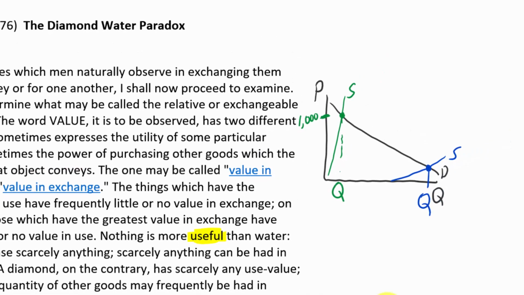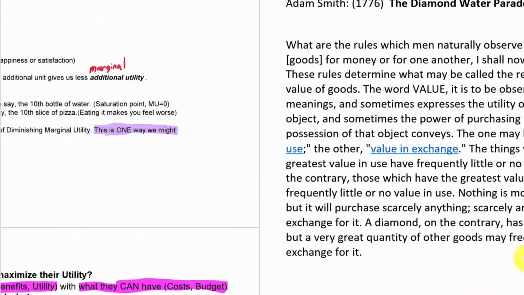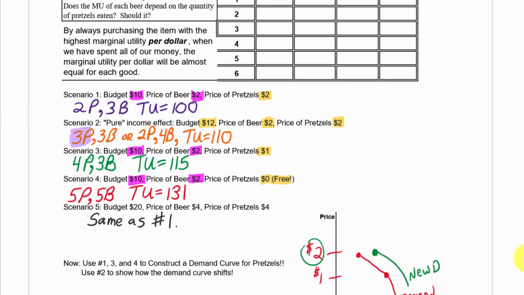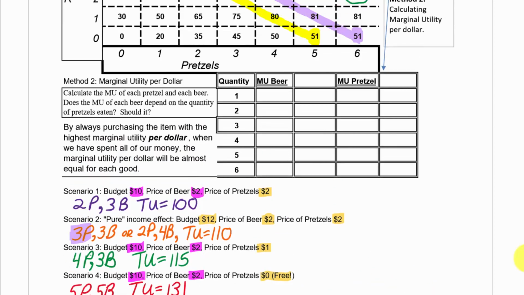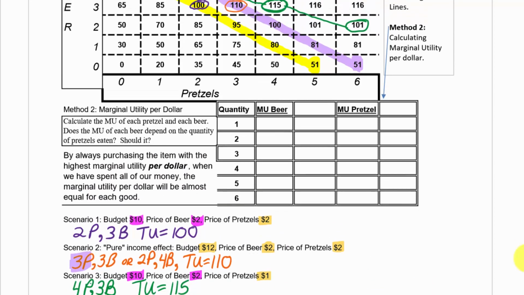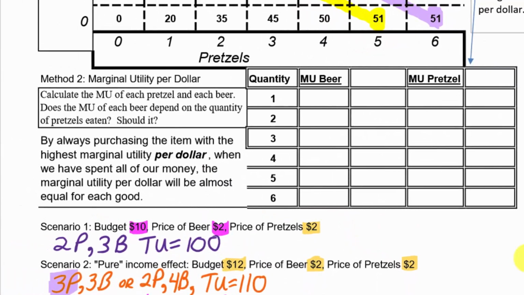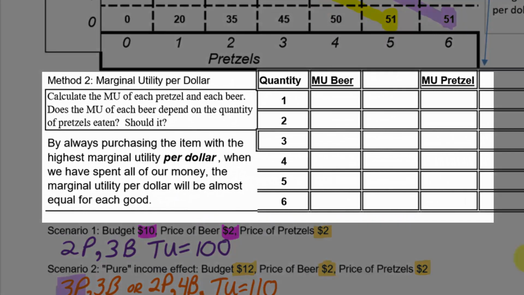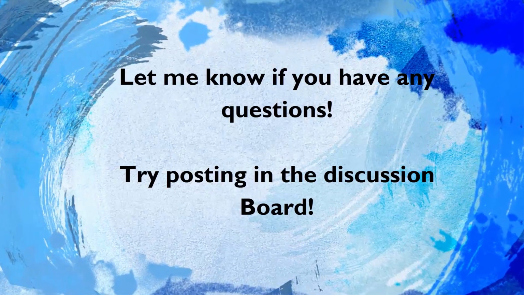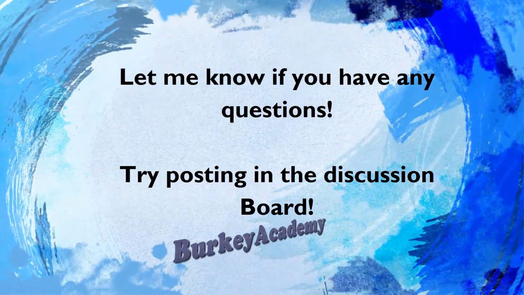So I'm going to end this video here. Please join me for the next video where we analyze the same problems here using a more textbook standard method. We're going to come up with the same answers, but by doing it the way the textbook wants us to do it, by calculating the marginal utility and the marginal utility per dollar, there are a few important lessons we're going to be able to get. And this is an important analysis tool that we're going to want to have.